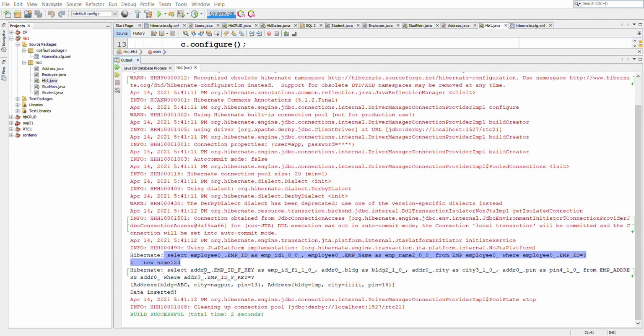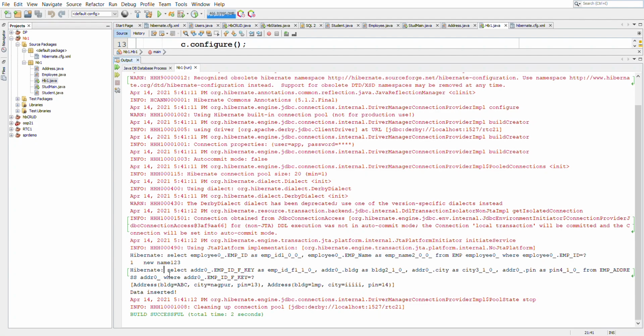And after the select query, we are printing the employee ID using the getId method. Then we are using the getName method to print the name of that employee.